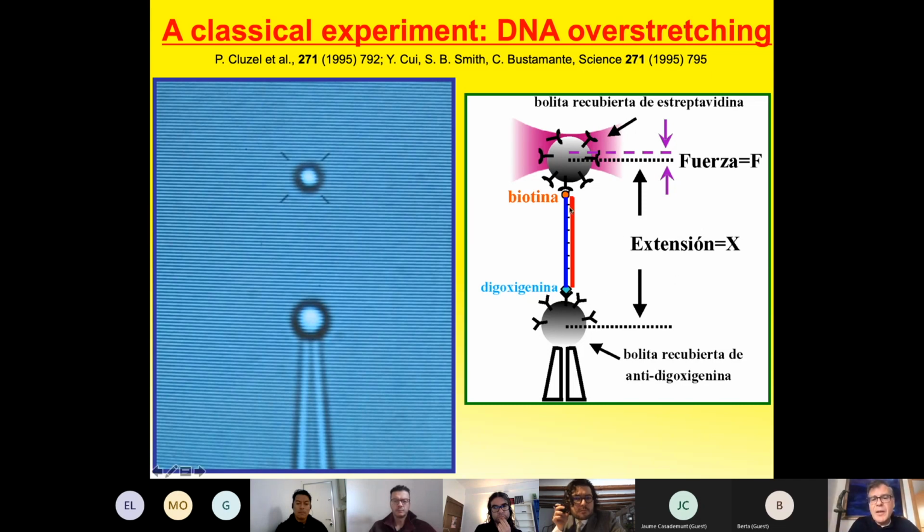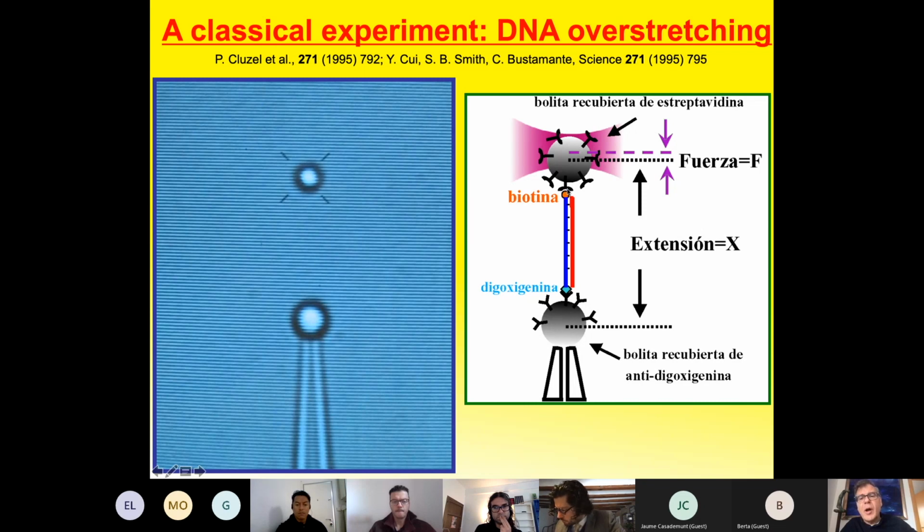Here you see a setup. You take a DNA molecule, you label the ends, and you attach the molecule to 2 beads. One bead is immobilized on the tip of a pipette. The other bead is captured in an optical trap, and this is the bead that gives us the force measurement, the measurement of the force that is applied at the end of this DNA molecule through this biotin-streptavidin